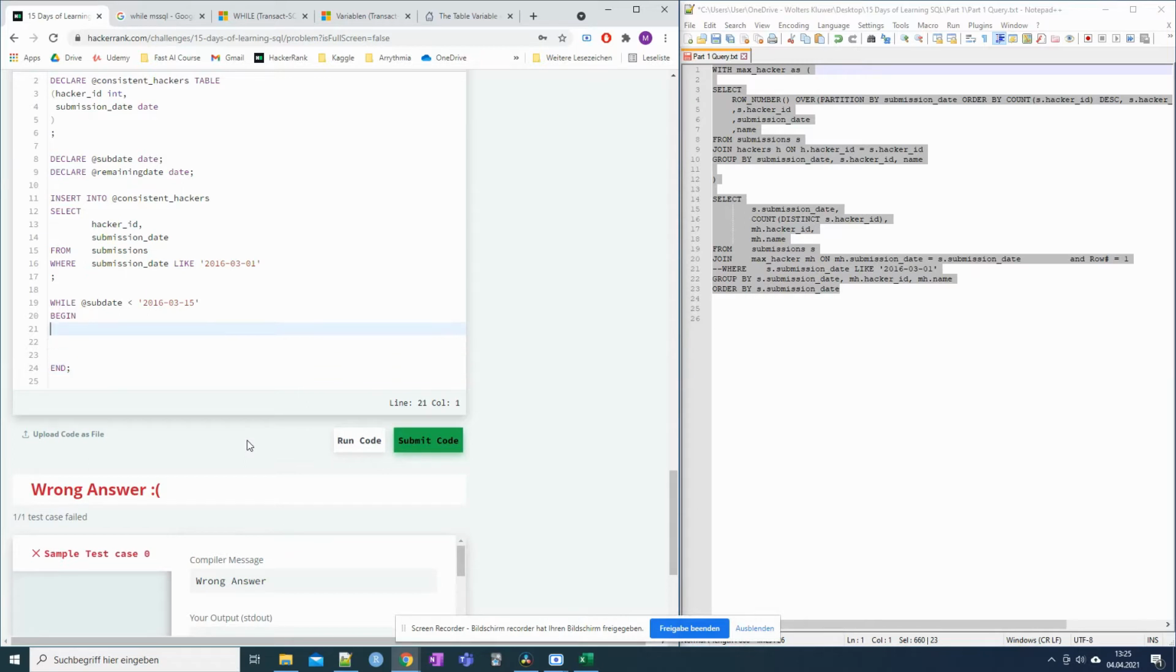Now it's very important in the while loop that you change your variables in the while loop, so you have to iterate over them. We actually use these variables, subdate and remaining date, but we didn't initialize them at all. So what does it mean to initialize a variable? First we declared it, that we did here in lines 8 and 9: declare subdate date, and declare remaining date date. So now we need to initialize it,